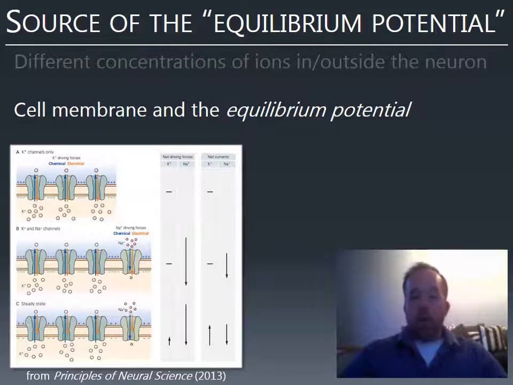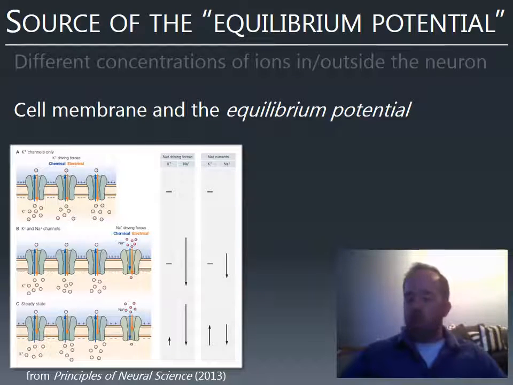So if there's a hole in the neuron, which we'll call a channel, and we'll explain that in a bit, the sodium is going to want to flow into the neuron because there's so much of it outside, so little of it inside. But the thing is, there's already a bunch of potassium inside. And the potassium is positively charged like sodium. If potassium were negatively charged, well, everything about the environment would make sodium want to go in. There's not much of it inside, and it's got this negative ion pulling it in. But potassium's positively charged. So sodium wants to go in because there's relatively little of it, but it doesn't want to go in because there's already so much positive charge inside the neuron.